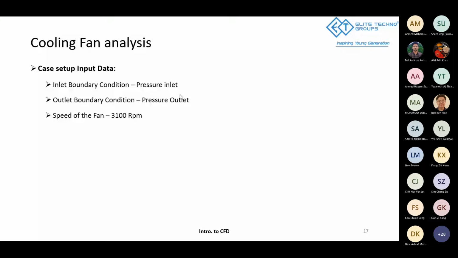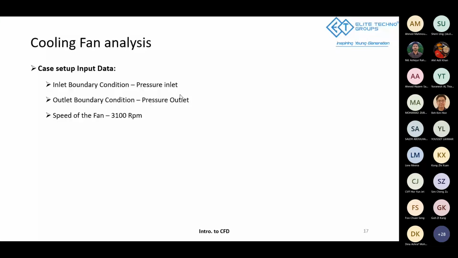In our previous simulation, we had given velocity conditions, with the inlet condition as velocity. The reason we are going to pressure inlet and pressure outlet is because we don't know the actual speed of the wind going through the fan, as it depends on the speed of the fan. That's what we are going to evaluate. Instead, we are going to create a pressure gradient due to the rotation of the fan, that is, a difference between inlet pressure and outlet pressure.